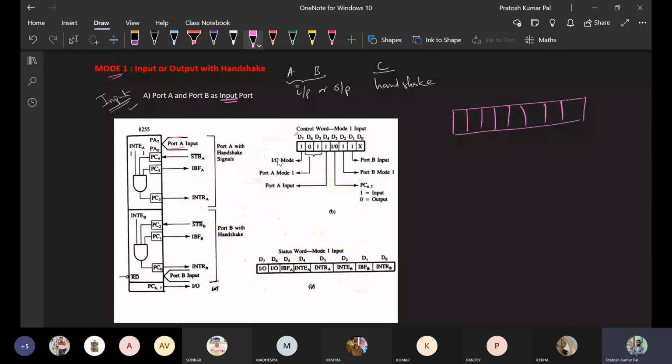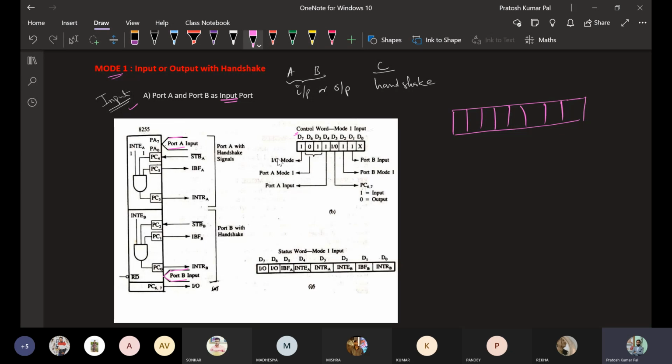That's why it is working in input mode. So port A will be accepting the data, and after accepting it, passes the data to the microprocessor. Similarly, if port B is working as an input port, the arrow goes to the 8255, and then it sends the data to the microprocessor.